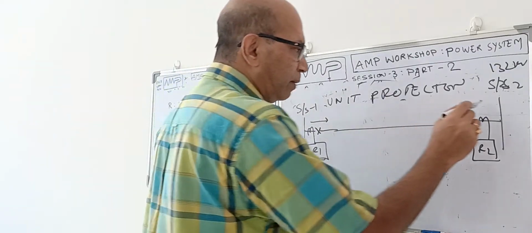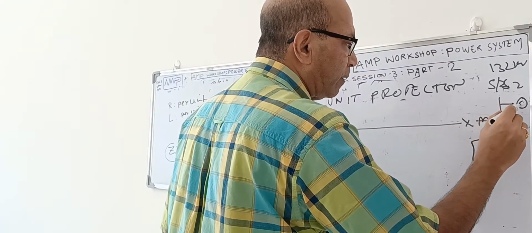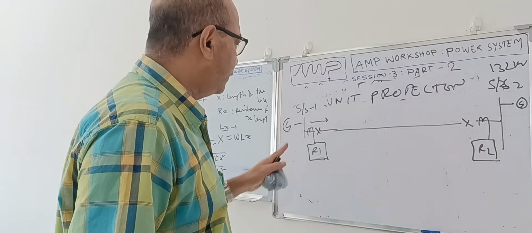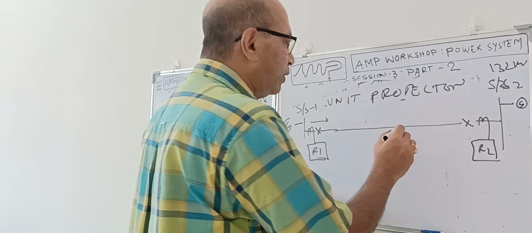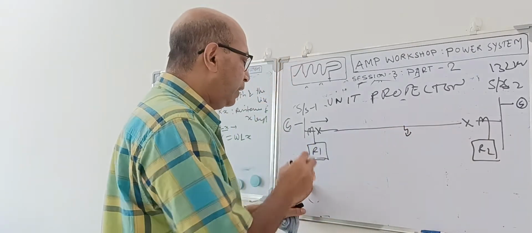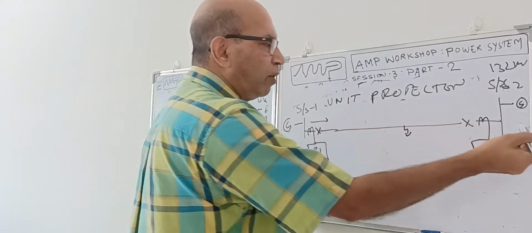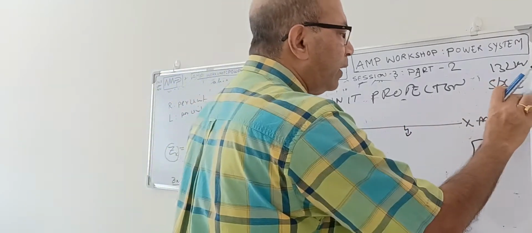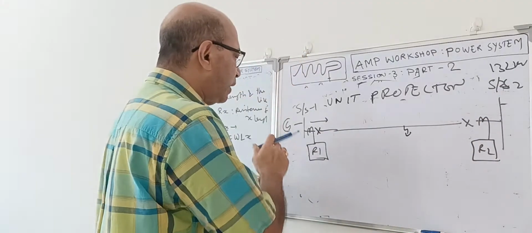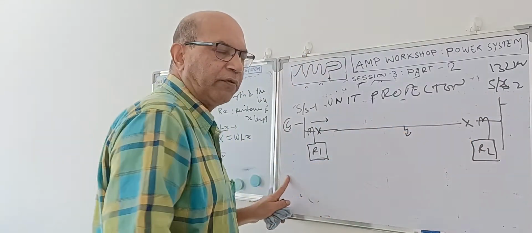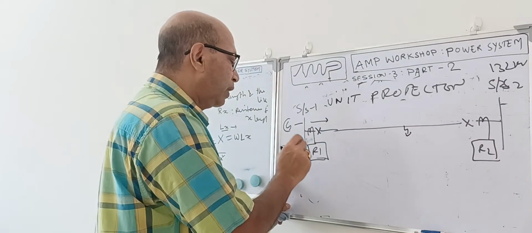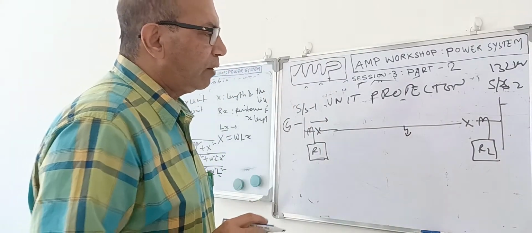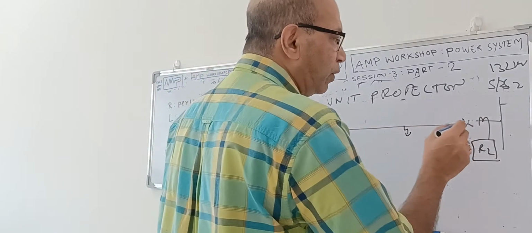Now what will happen if the problem is over here? Suppose there is a generator over here and there is a generator over here also. Both sides are feeding. In that case, suppose there is a fault over here, then this fault will be fed by this, so this relay will operate. But if there is no generator over here, then this side will feed the fault and the other will not feed any fault, and both breakers are closed. The moment the relay operates, it will trip the breaker. That is fine. But sometimes we need to trip both.